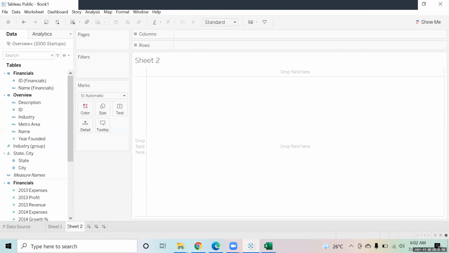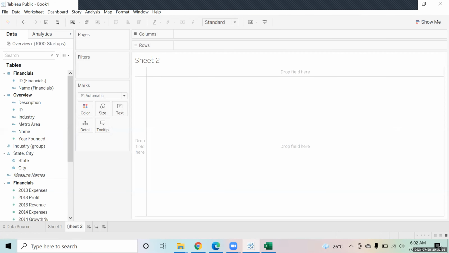Right, so if you take a look at the chart, the chart itself tells you, by looking at the chart, a person will get an idea that okay, IT service and software belong to the same family. But don't you think it was a little tedious task doing this? So what we can rather do is create a set over here. So let me remove the industry from color. I right click on my industry and say I would like to create a set.